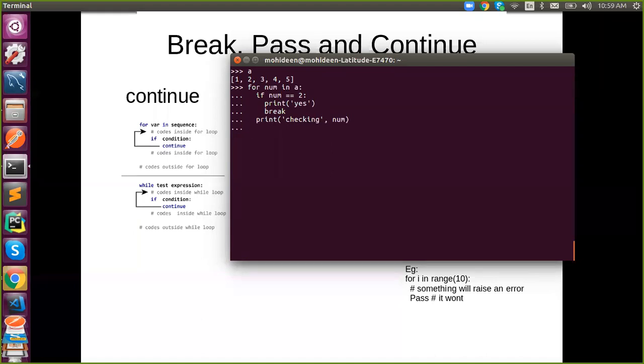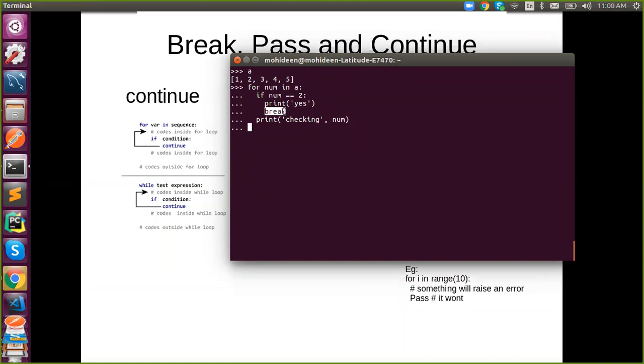Just assume the similar one. The 5 people came for an interview and you have only one question. The first person came and didn't get selected. The second person came and got selected, and we don't need to evaluate the rest of the people, right? So the remaining loop will never be repeated or executed. The loop will be terminated at the second position. When the condition is satisfied, the loop will be terminated. So break means to terminate the complete loop, but continue will terminate only the current iteration. There is a difference. Continue will stop your current iteration, but break will stop your complete loop.